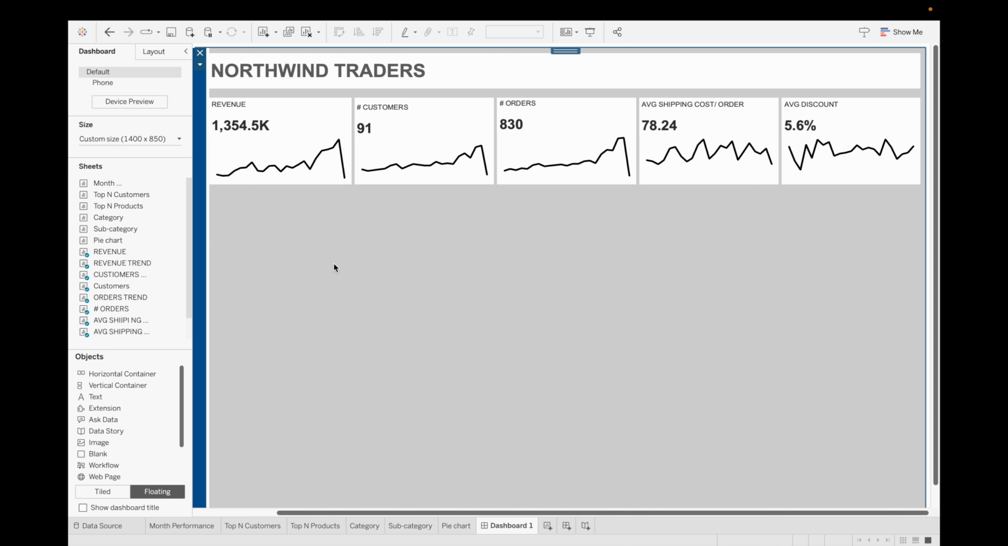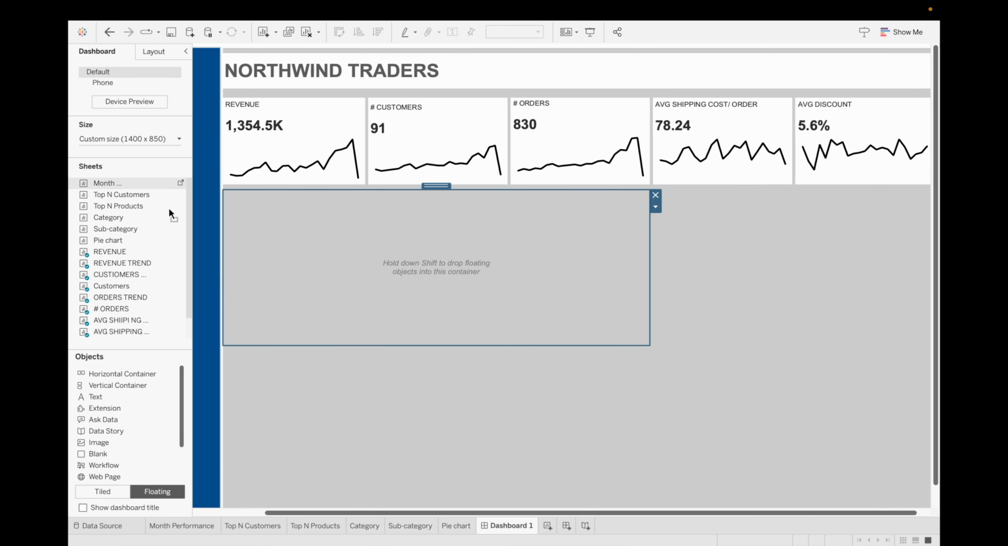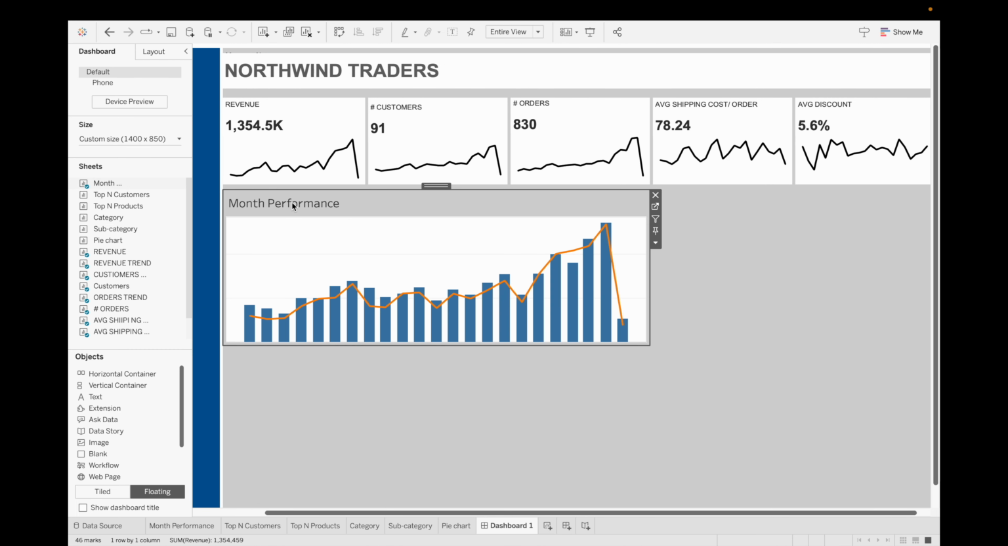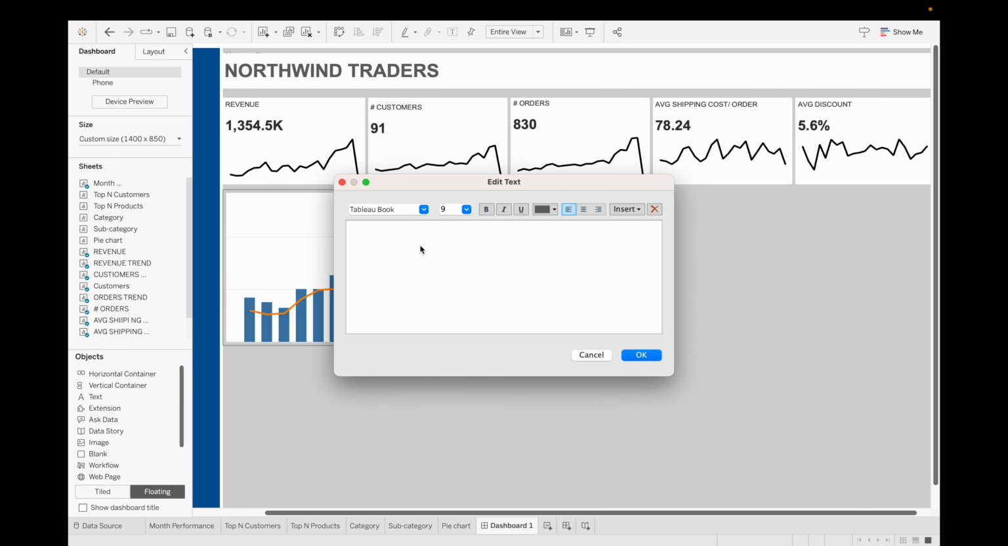Now let's add our sheets. Let's drag a container and adjust the size and drag our sheets inside the container. We are not using the title of this. Instead of this, we will add one text box so that we can give a title. Let's rename it monthly revenue and quantity sold